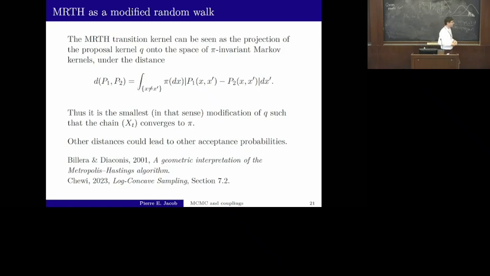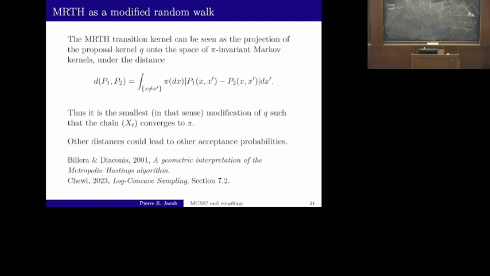So it could be that, by the way, if you pick your favorite distance between two transition kernels, and you do the same type of projection, you find a new algorithm. And here it is really projection onto the pi-invariant Markov kernels. So it could also be that you find a kernel that is not satisfying the same property. But,